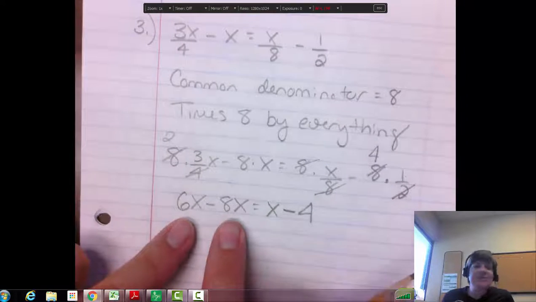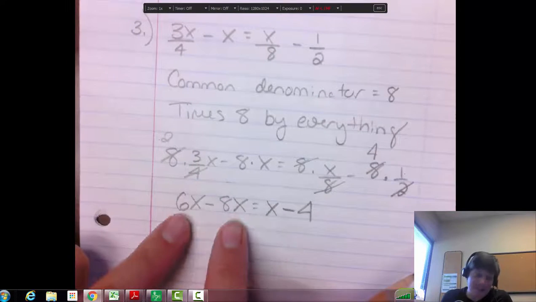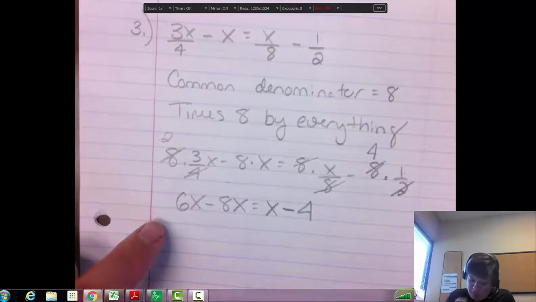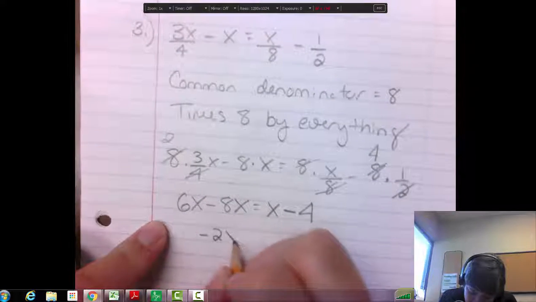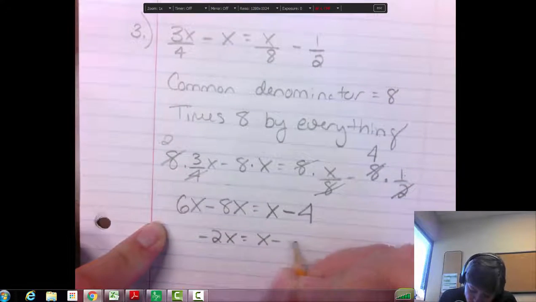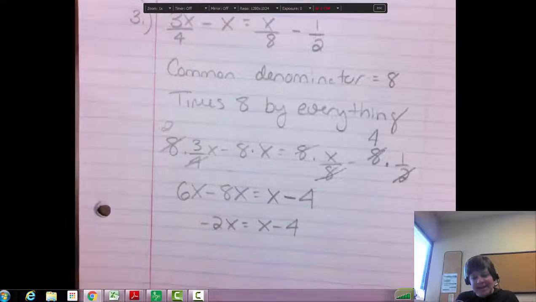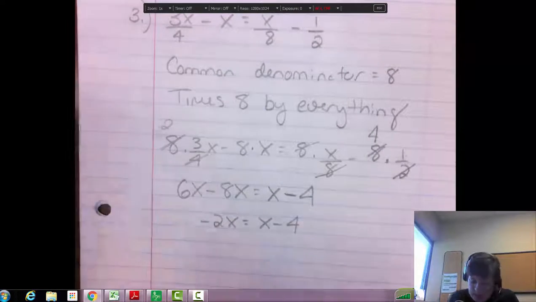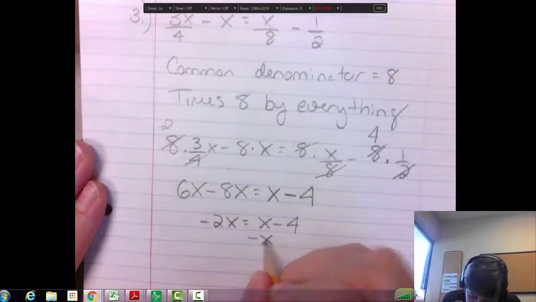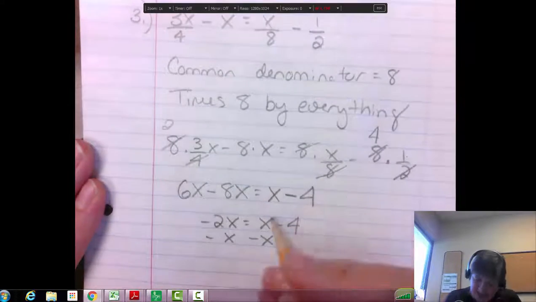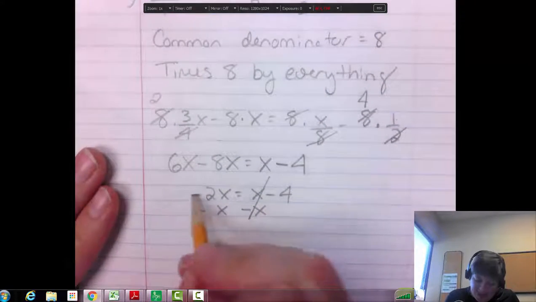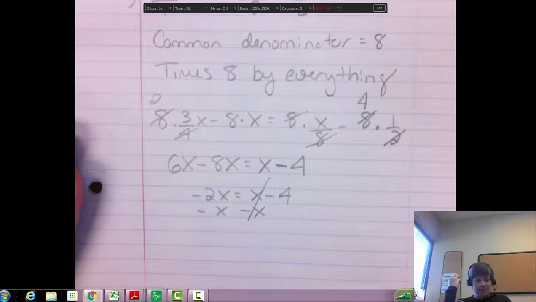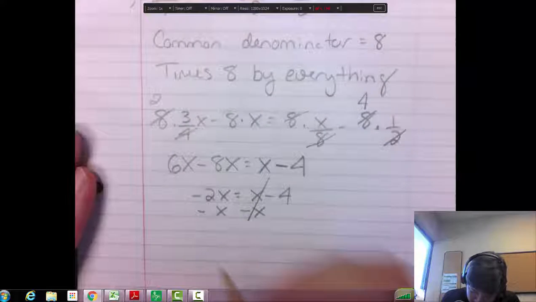So on the left side, I can combine like terms. These are both x's. 6 minus 8 would give us negative 2 x's equals x minus 4. Then I have to minus this x over so that those x's are on the left side. So it's like minus 1x, minus 1x. They cancel here. Negative 2 minus one more. Again, they're both negative and you're adding them, so you're going to get negative 3x